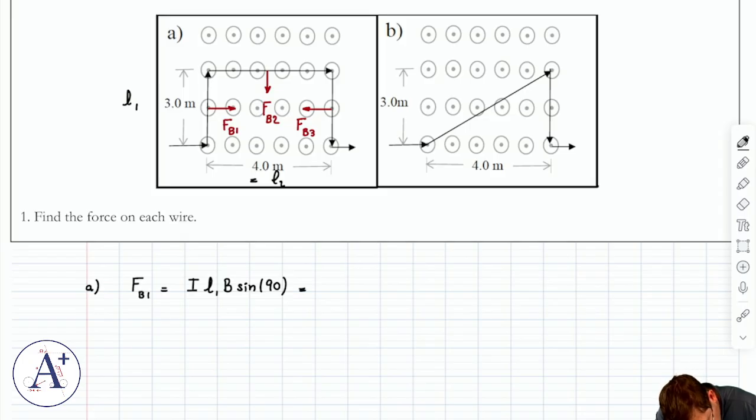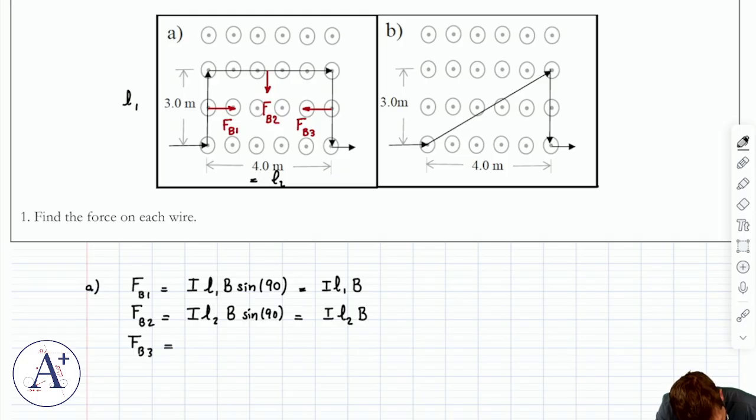So it's I L1B. FB2 is I L2B, sine 90 again because B is still out of the page and the current is to the right. So this is going to be I L2B, and then